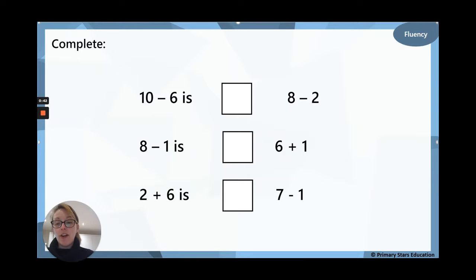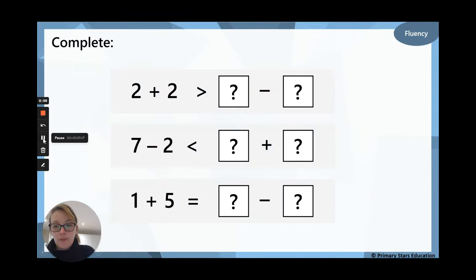So I'd like you to have a go at writing those down in your maths books with the correct symbol to compare all of those calculations. And if you manage to do those, then maybe you'd like to have a go at making up some of your own. So you could start with a number sentence, for example, 2 plus 2. Choose a symbol and then think of a calculation that could go the other side. Or you could use some objects, find a calculation, and then think of another calculation, and then think about which symbol you would need to compare them. So it's up to you. You can complete as many as you can,